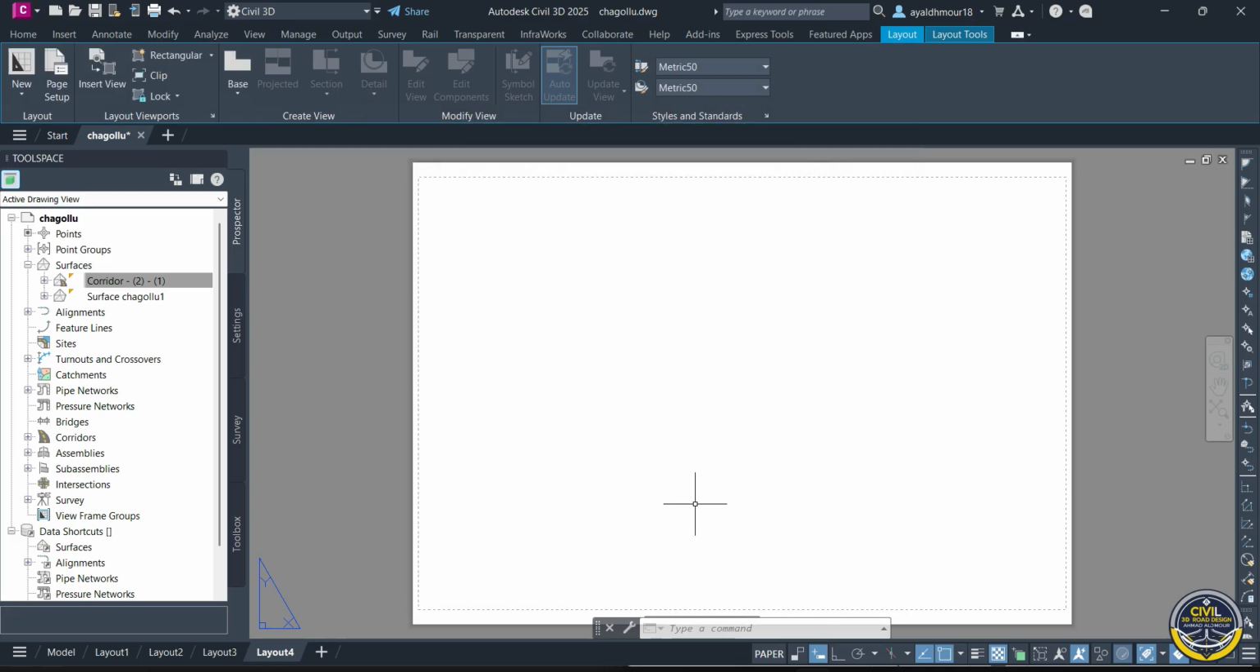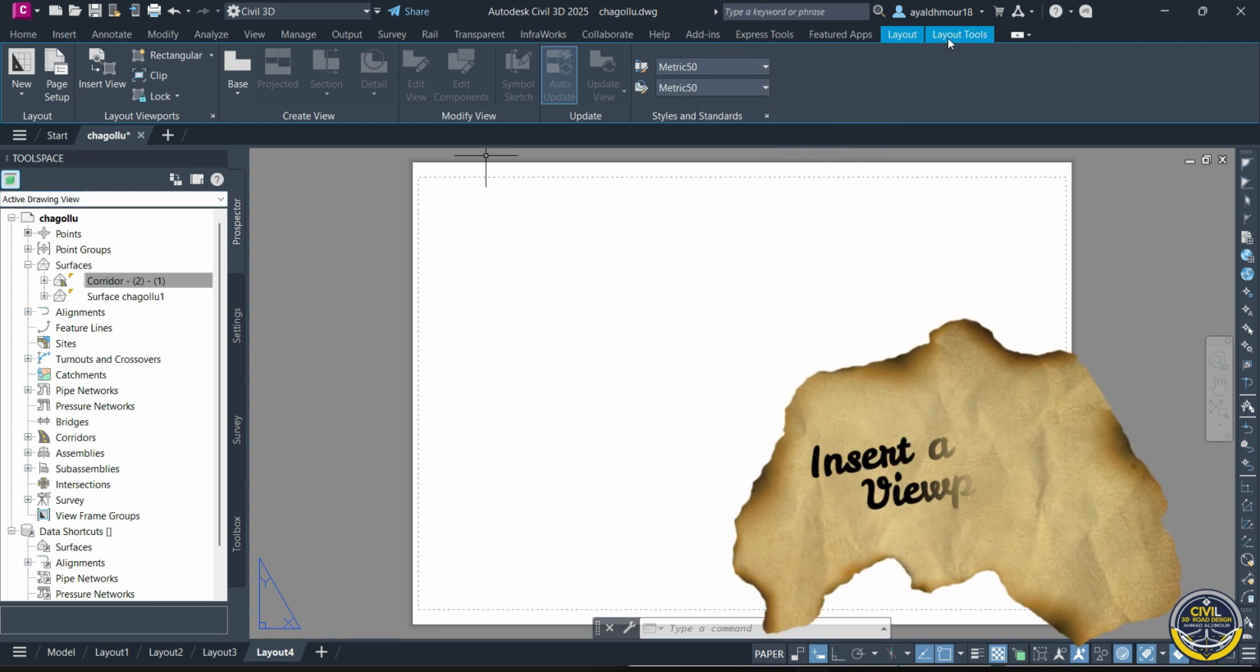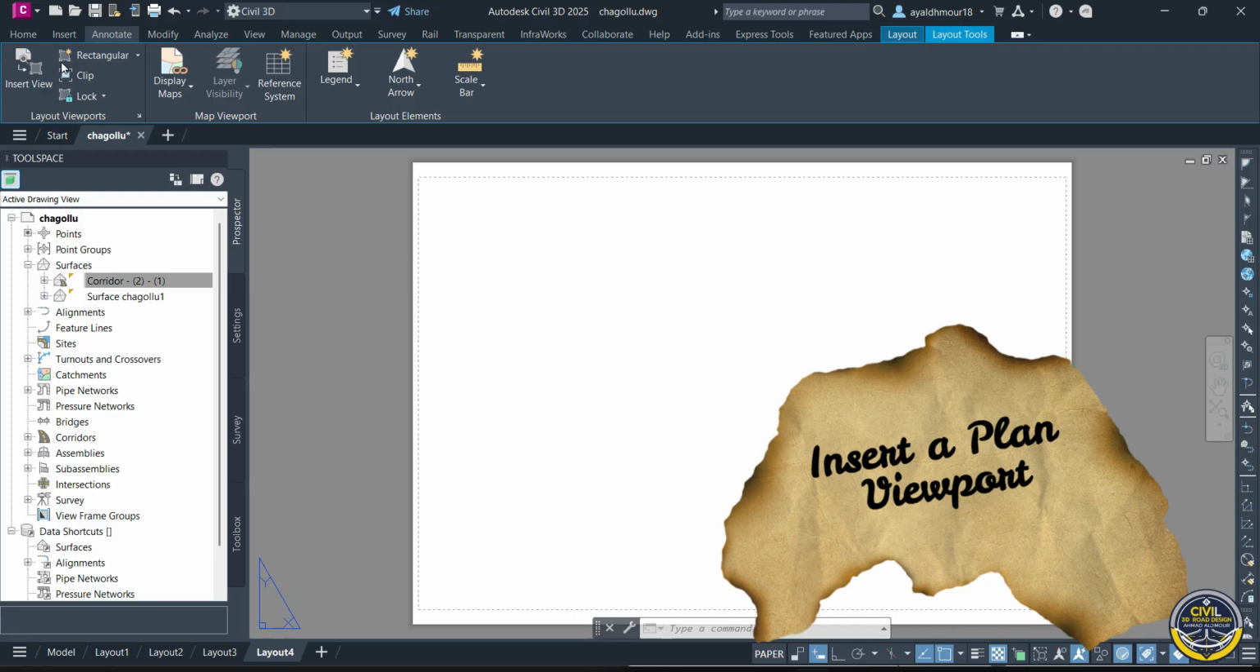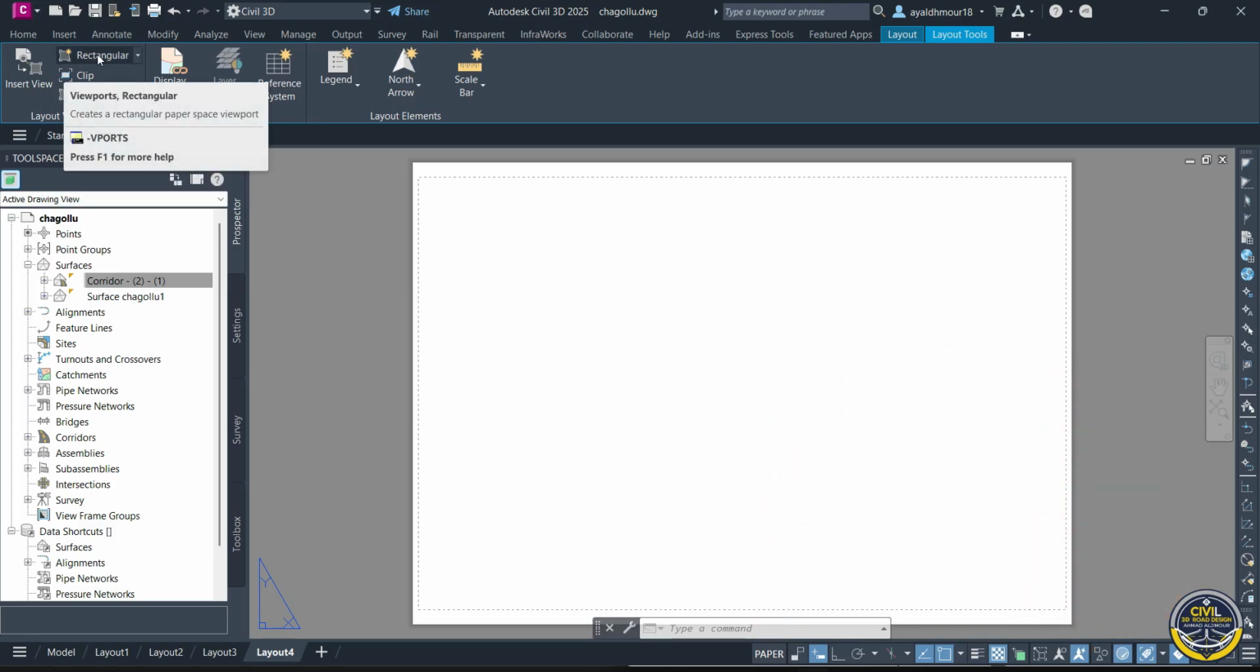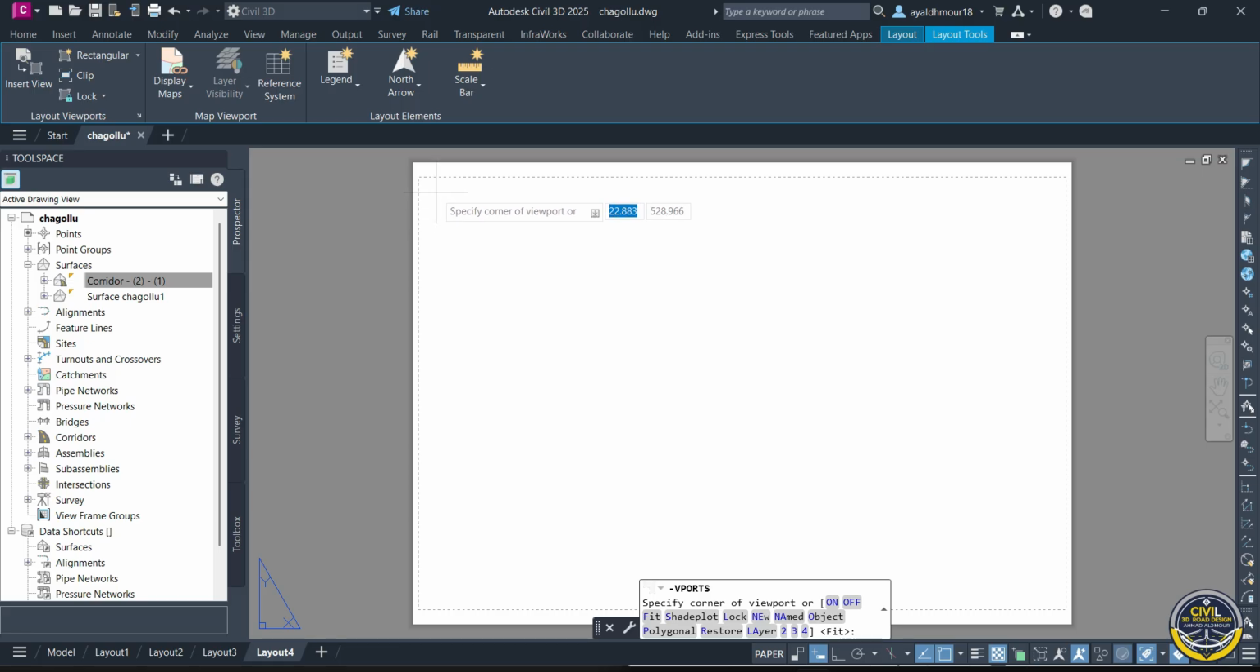Choosing large format paper is suitable for large contour maps like A0 and A1 or A3, while for cross sections with small areas and lengths, we choose smaller format paper like A4. After that, return to Layout Tools and choose Insert View or Rectangle. Select Rectangle and